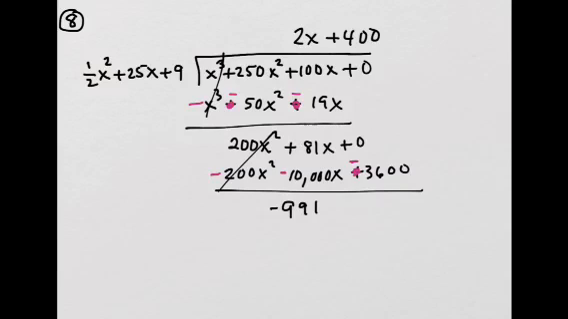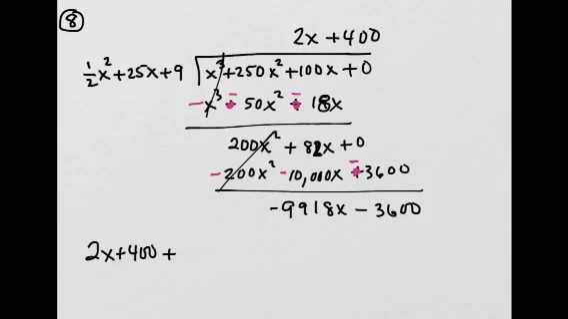Oh, did I add right? Oops, I caught a mistake. Right here should be 18. 9 times 2 is 18, and I put 19. And so that's going to give me 82 right here. Okay? And then that's going to give me 9,918x minus 3,600. So your answer here would be, your quotient is 2x plus 400